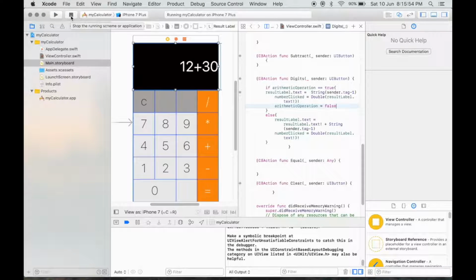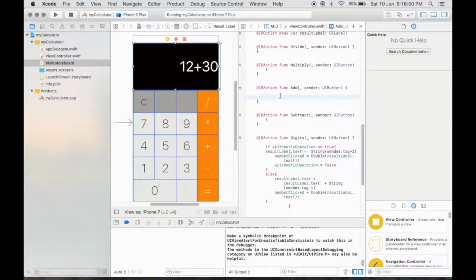Let's run the program to check whether there is any error. We will perform binary operation only if the user has typed in some number. That means we have to check whether it is empty. If it is not empty, only then we are going to perform an operation.